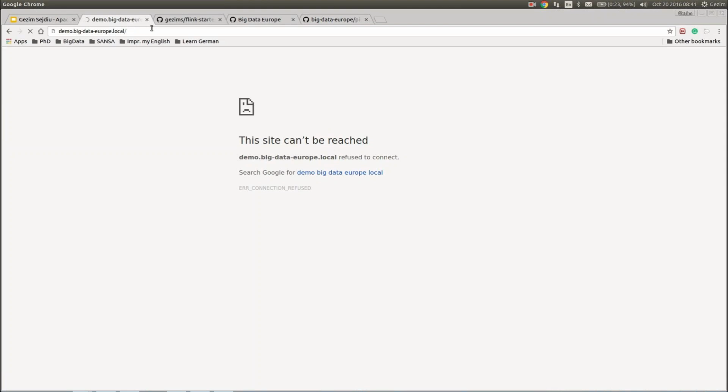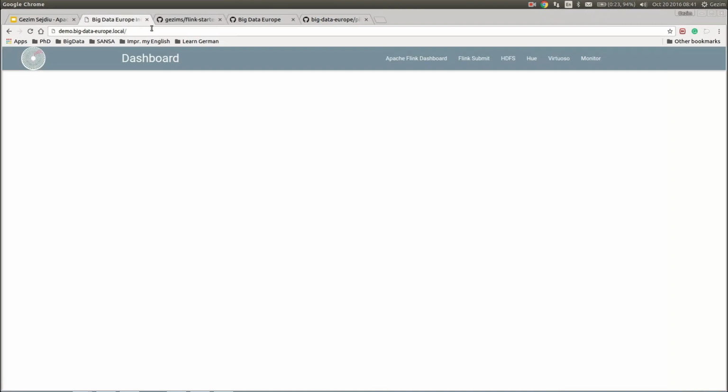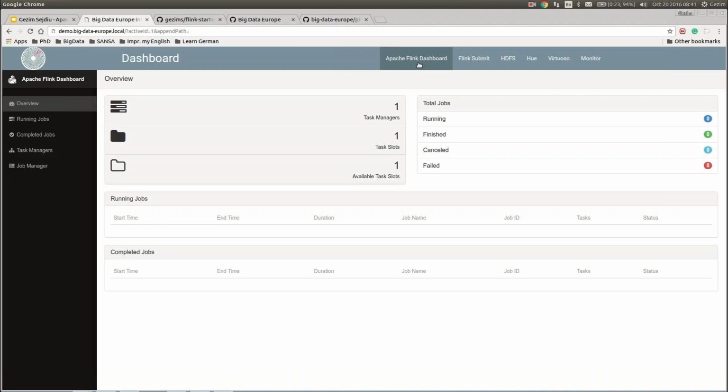Let's see if this user interface wrapper is now available. As we can see, it's up and running, and it contains all the components shown in our pipeline, like Flink master, Flink worker, HDFS and Hue as a file browser, Virtuoso, which will contain the data for our pipeline, and the monitoring of the pipeline, which we will show in a minute.